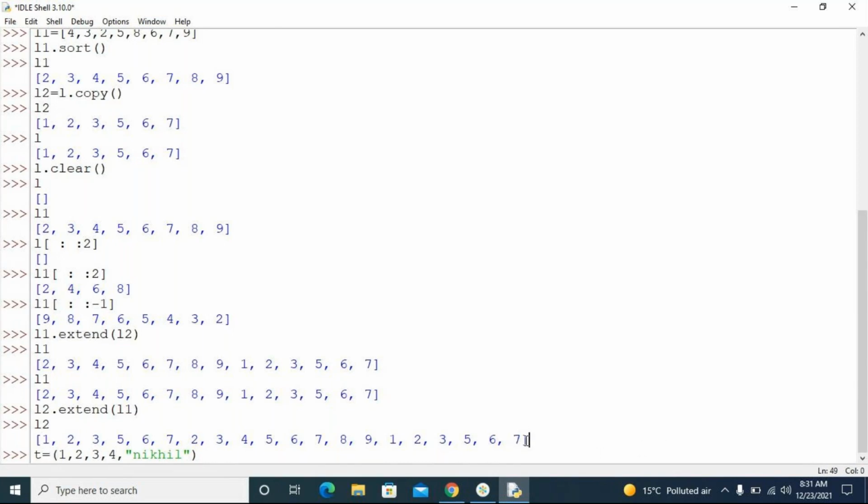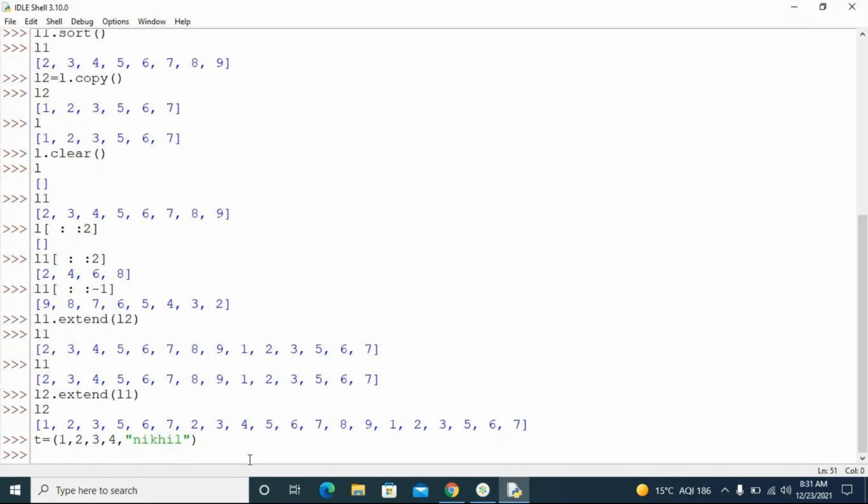When it is square brackets, it automatically tells your interpreter that it is a list. Whereas when it is parentheses, it will be understood as a tuple. You can pass any data type inside a tuple. It is not only a homogeneous collection, it is also a heterogeneous collection of data. The only difference between tuple and list is that a tuple will not allow you to change anything inside it.